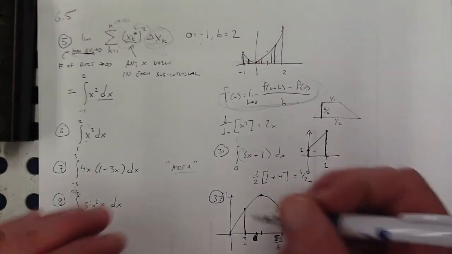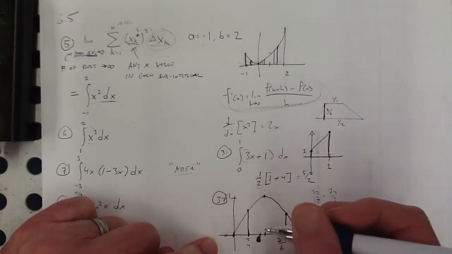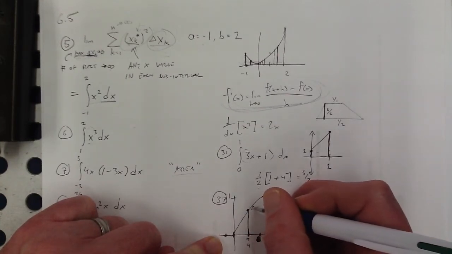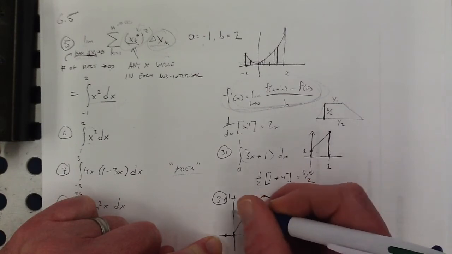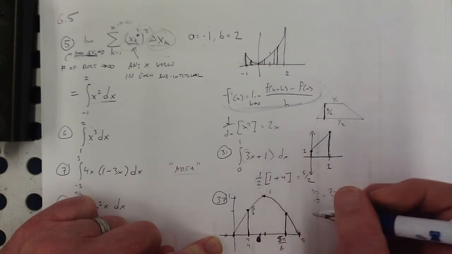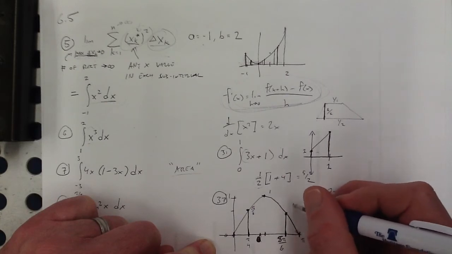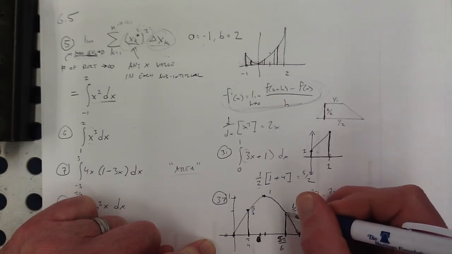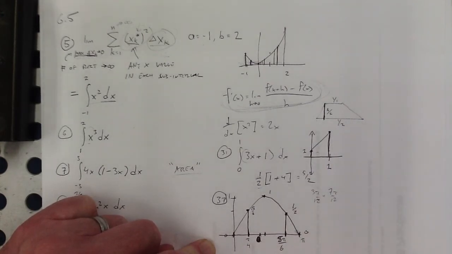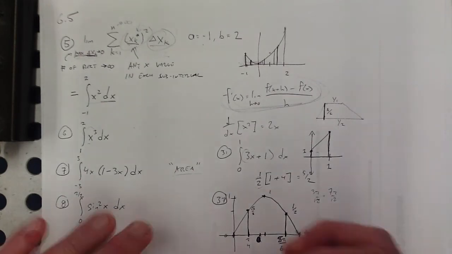Okay, well, let's see. What's the largest and smallest y value in each one of these? Well, there's 0 here, and then the sine of pi over 4 is the square root of 2 over 2. And then here, of course, that's 1. And then on this end, the sine of 5 pi over 6 is 1/2, which is smaller than that. And then, of course, that's 0 there. So if you wanted to find the largest,